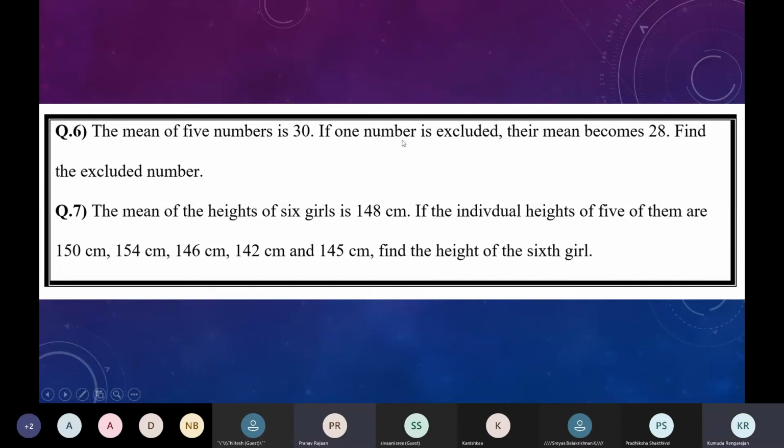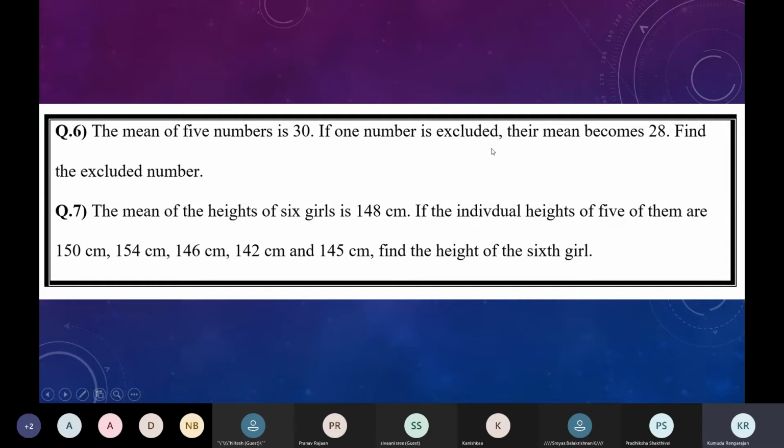Now what we have with us is the sum of the 5 numbers. We don't know the 5 numbers, but the sum of the 5 numbers is 150. That's all we know. We don't know the numbers separately. Okay. Now read on. If one number is excluded, that means if one number is removed from the 5 numbers,